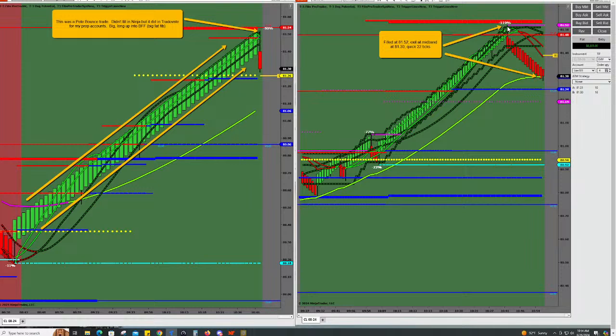And more than anything, I just want to go, Pete, why? But Pete's like, Mark, it's cool. This is the Pete bounce trade. Didn't fill on Ninja, but it didn't trade-evade. It's a big long up into a big fat fib, the BFF. And Pete says, you know what? I can win this one just enough with virtually no risk, because it usually gives some bounce at such a